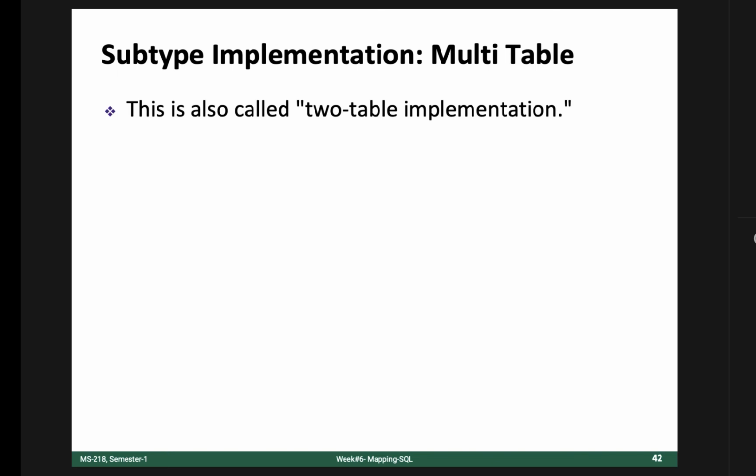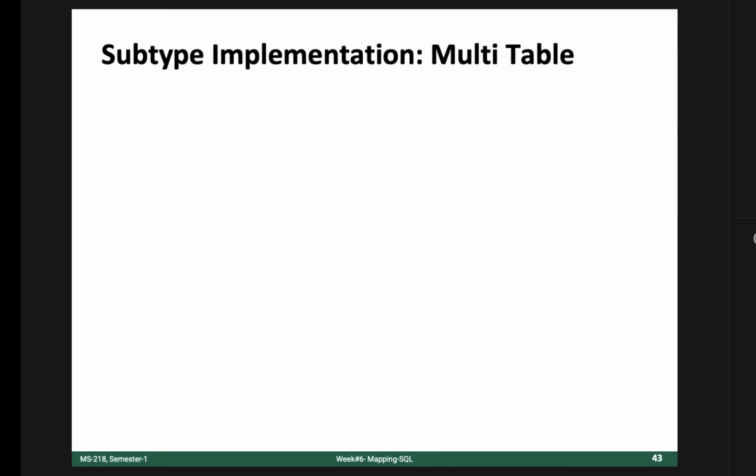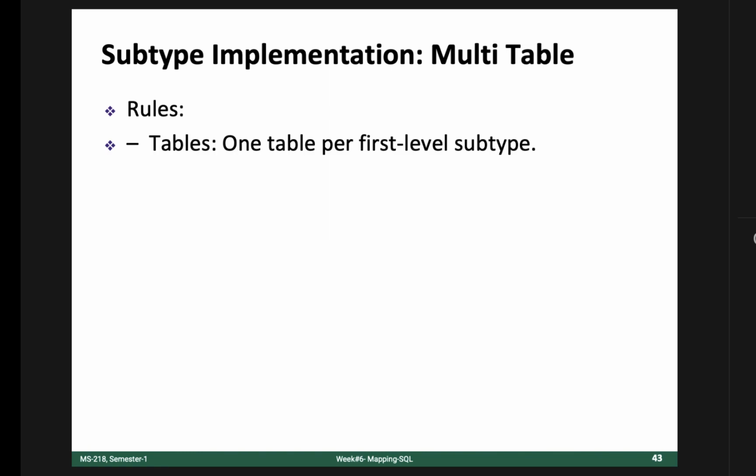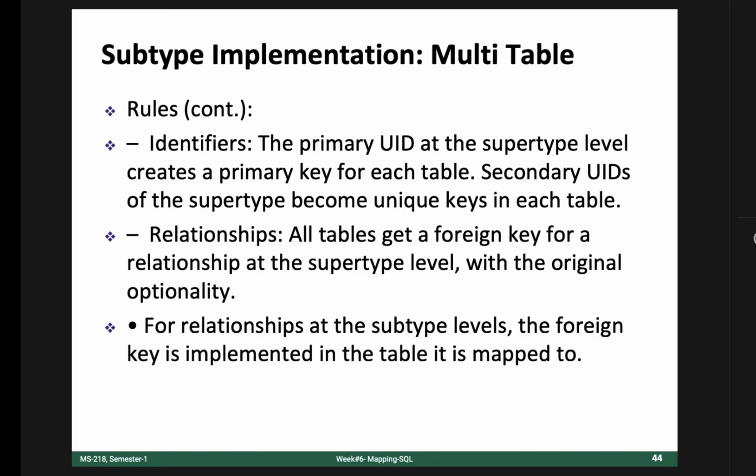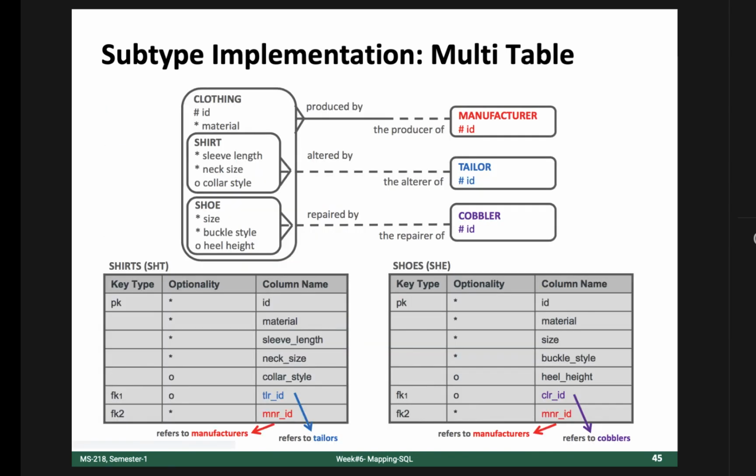So multi-table is a simple, two-table implementation. You create a table for each of the subtypes. We can see one example, then we will discuss all these rules, and then we will take a break. So we have one supertype, clothing.